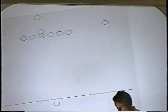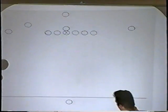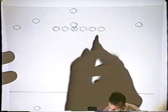I'm going to start with the one back. We call it a spread set. First, just because it's defined and it shows a little, the next one I put up will be a pro split backfield. But from our base, and I'm not going to put the front in here to cloud this up, from our base alignment,